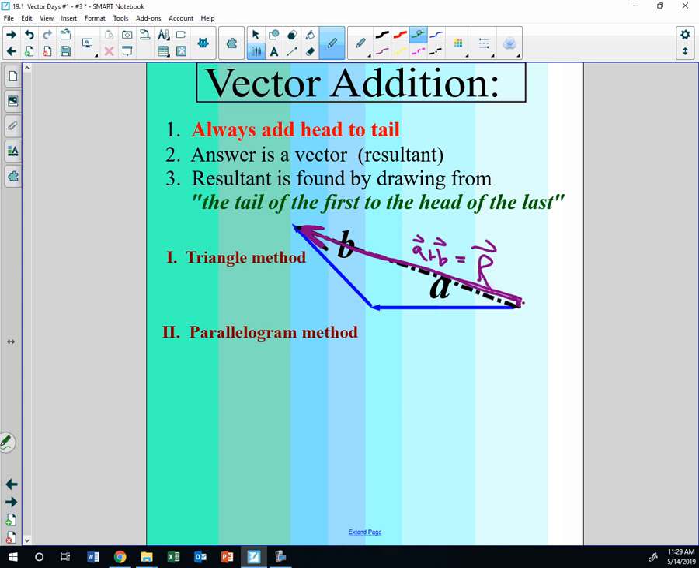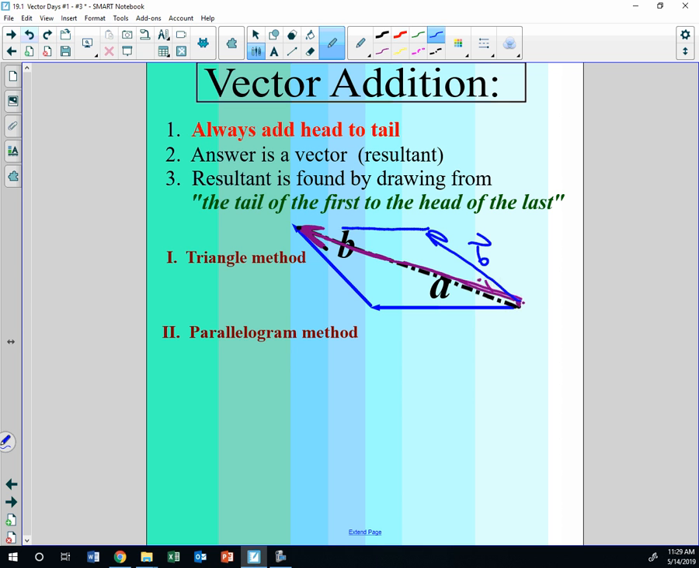So if you don't want to lose any points on a quiz, make sure you have the arrow and make sure you have that. Now this is what we call the triangle method. The reason it's the triangle method is because when you put A plus B, you get a nice little triangle. Now what if I added B